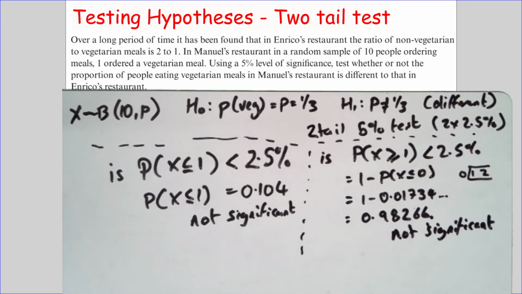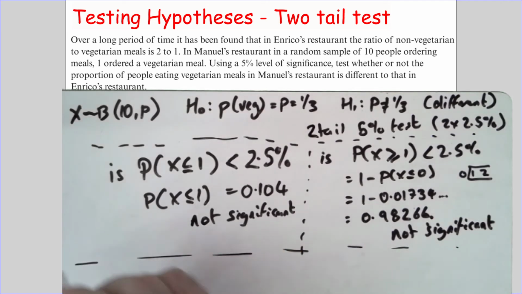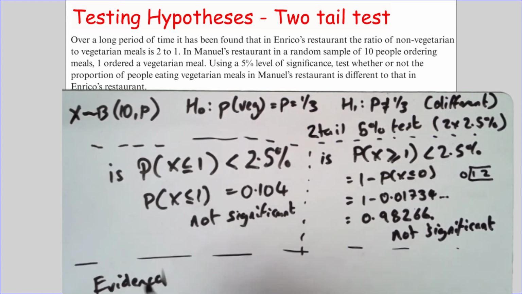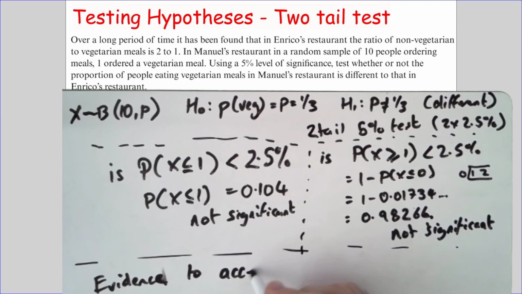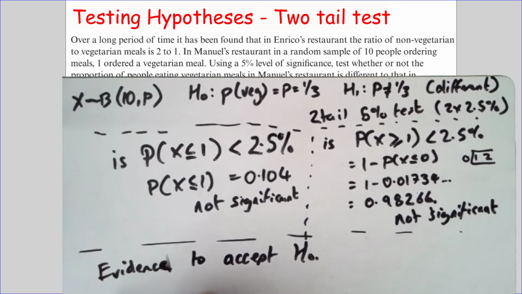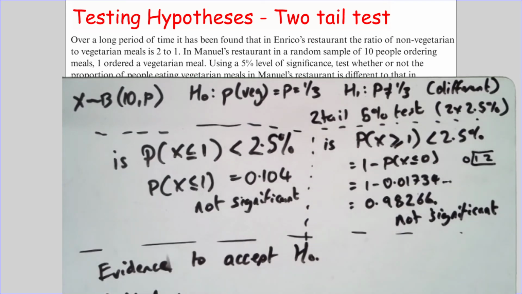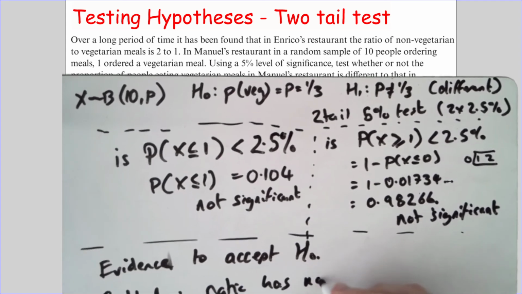not significant either. Neither of these are smaller than our 2.5%. So either of these two outcomes, bigger than 1/3 or less than 1/3, could have happened with a probability bigger than 2.5%. So this means we have evidence to accept H0 and conclude the proportion has not changed. They've gone with ratio. Ratio has not changed